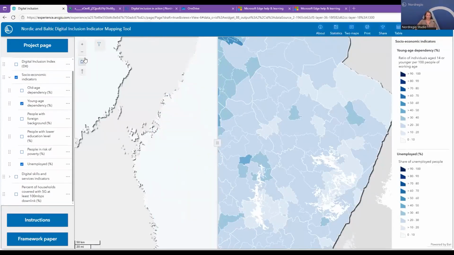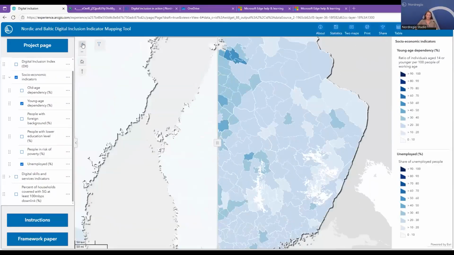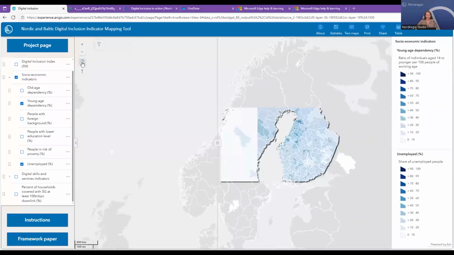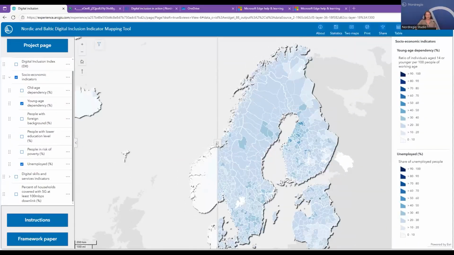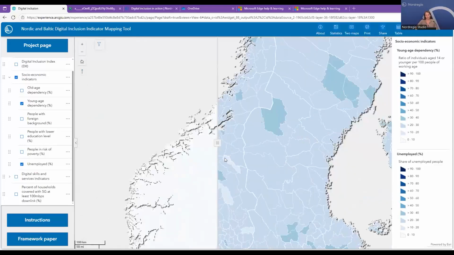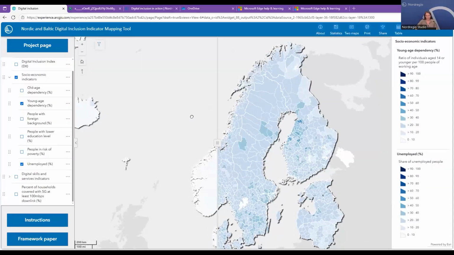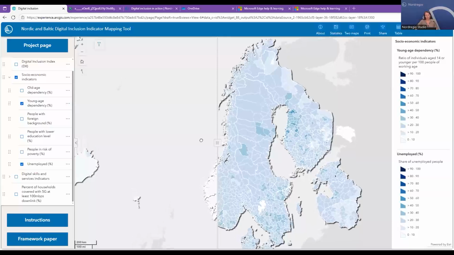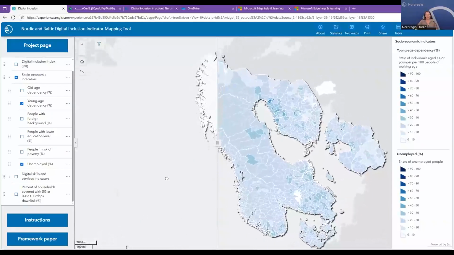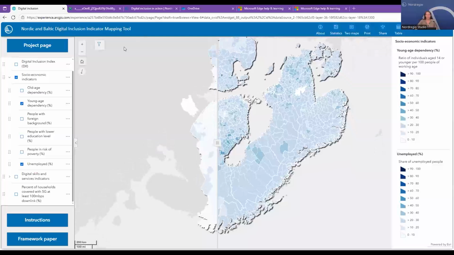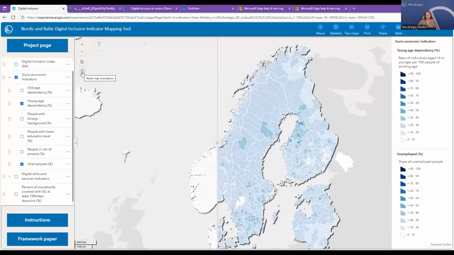As you may already have seen, there is a plus and minus button for zooming in and zooming out. There is a home button that just returns us to the scale that I have predefined for this tool, and there is a north location button. Additionally, you can scroll with your mouse to zoom in and out, and if you right click on your mouse, you can rotate the map, for some reason, if you would like to move it from the north orientation. That's a bit of a weird location of the Nordic Baltic countries now, but we simply click on that button and it locates back to the right positioning.